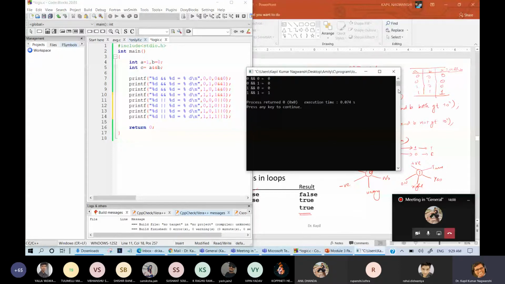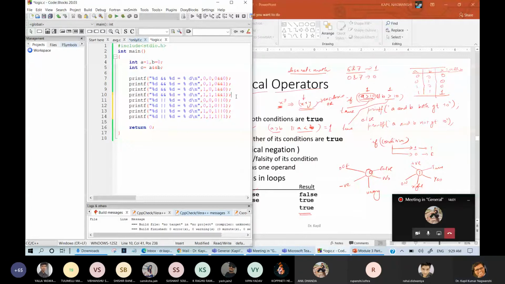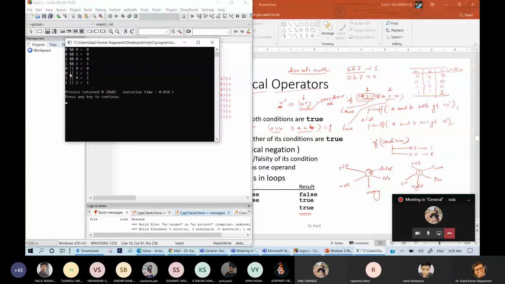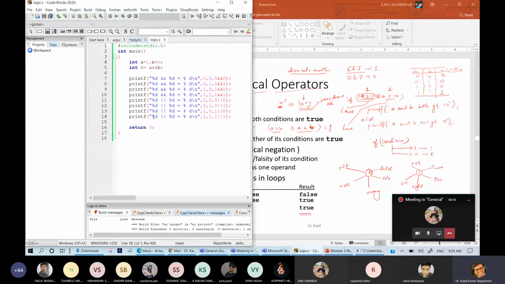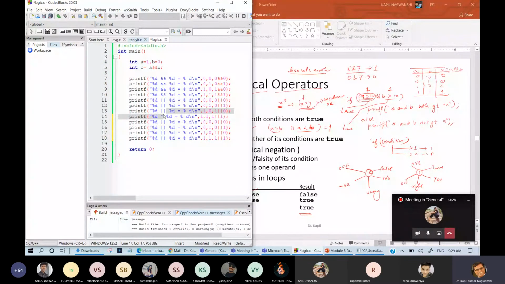So let us see. 0 or 0 is 0. 0 or 1 is 1. 1 or 0 is 1. And 1 or 1 is 1. One more, the last one. This is exclusive OR, the caret symbol.